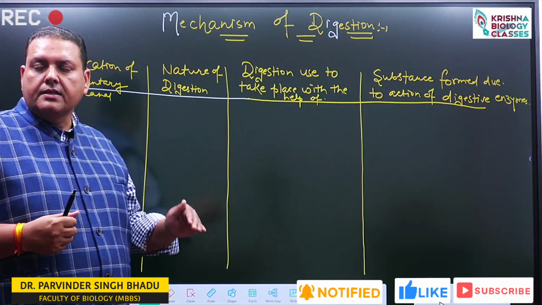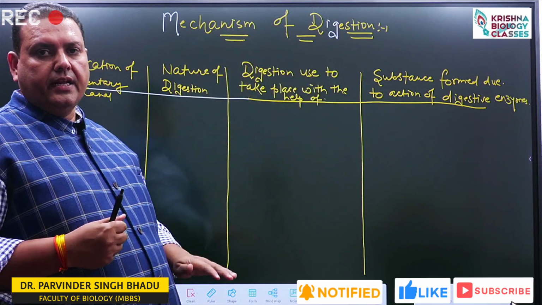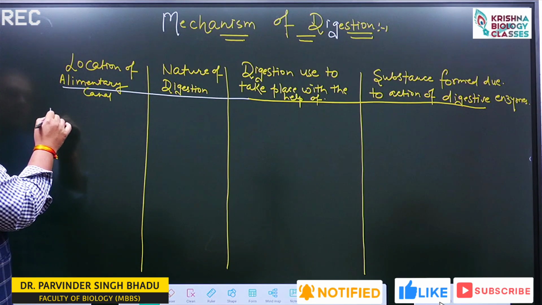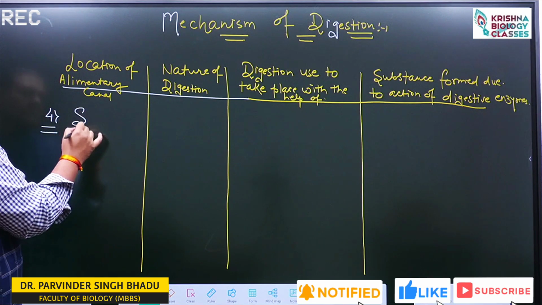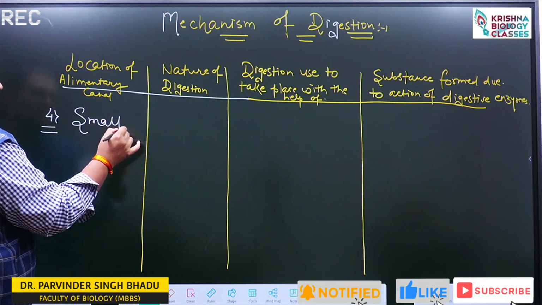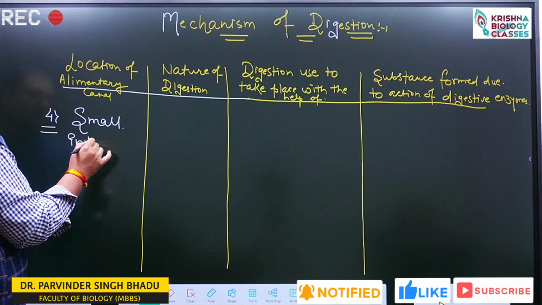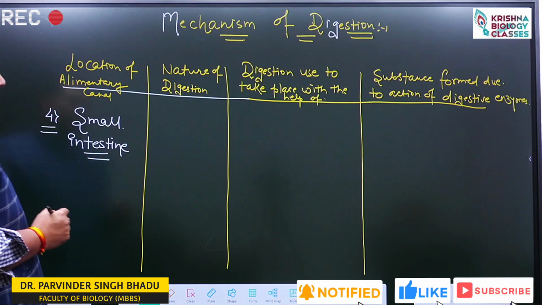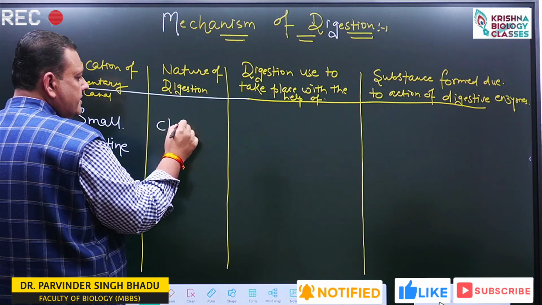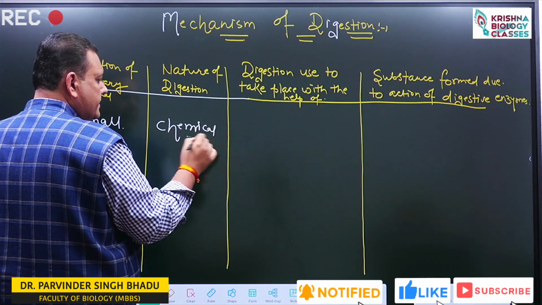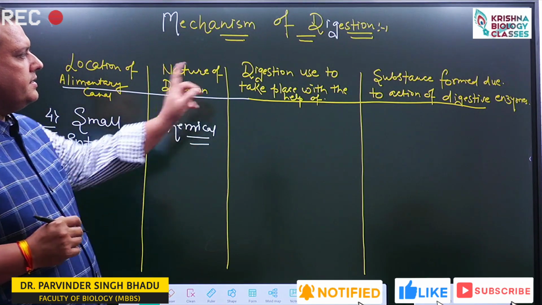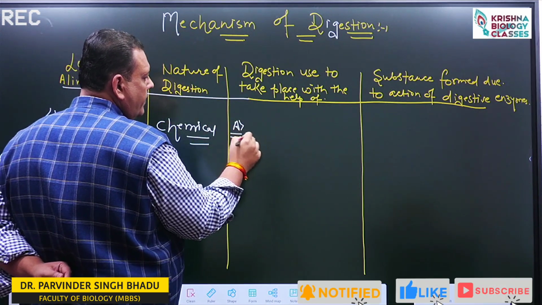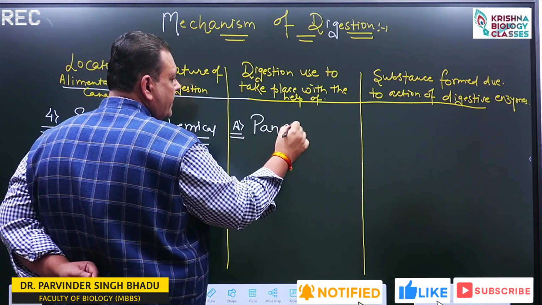We had already discussed the digestion in the buccal cavity, then there is no digestion in the esophagus, then digestion in the stomach, and now the fourth location is the small intestine. The nature of digestion is chemical digestion, and this digestion used to take place with the help of pancreatic juice,